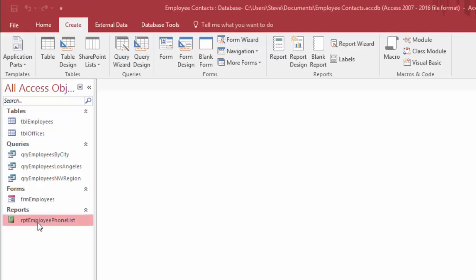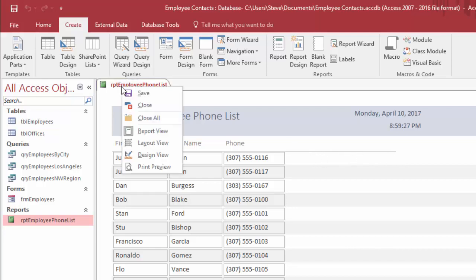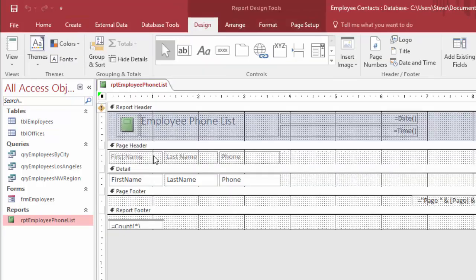Okay, so in the last video we were working on the employee phone list report, and when we finished up it looked about like this. And one thing I wanted to do before we moved on is clean up this line right here, because I don't like that. So we're going to go into our design view, and you'll notice if I click right here